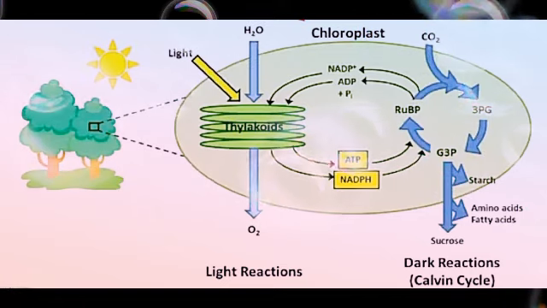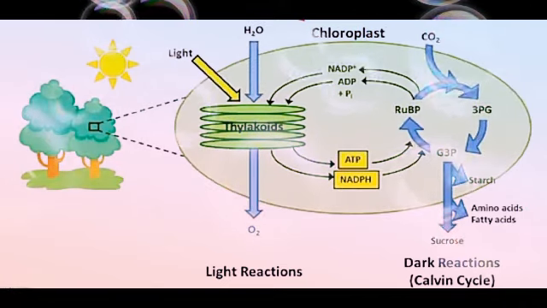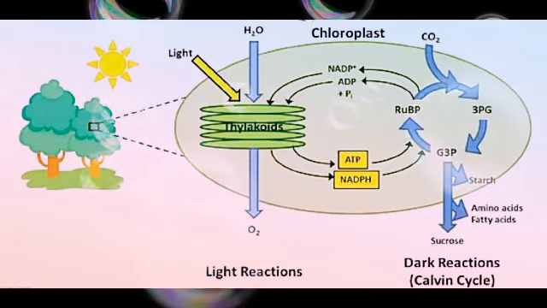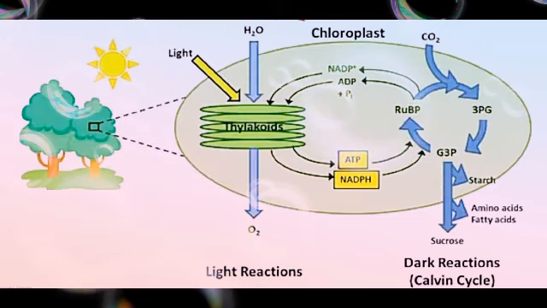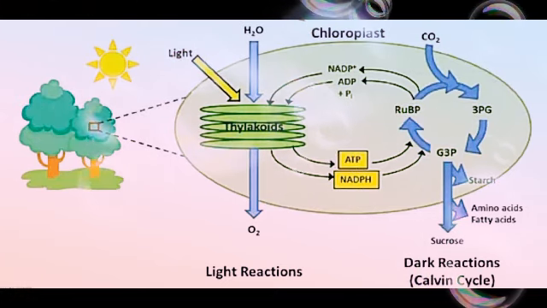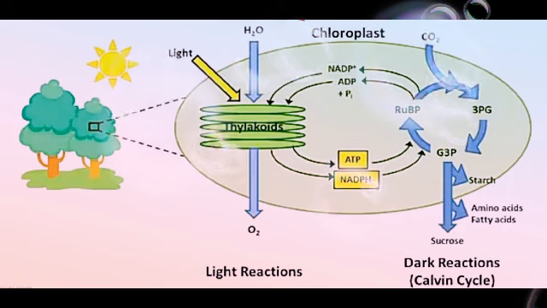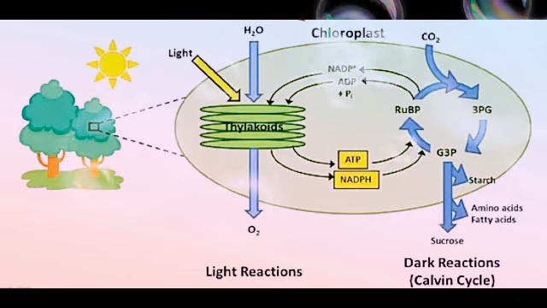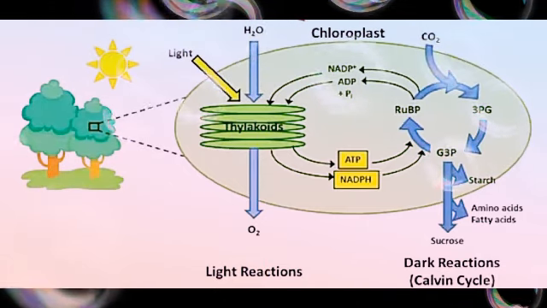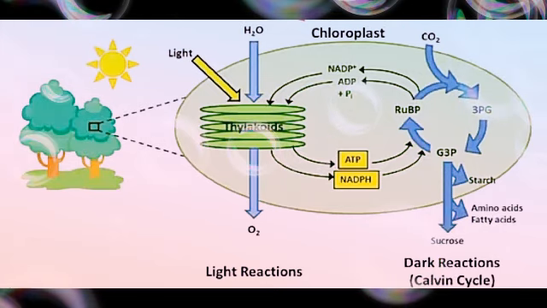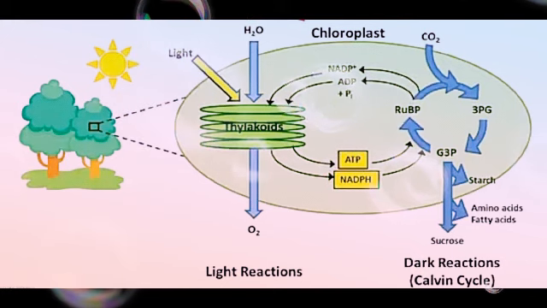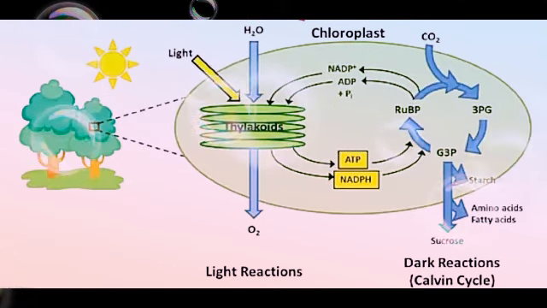Now let us see the light dependent phase. In this phase, the light plays a key role. There are 2 steps in this reaction. The light reaction, the photochemical phase, occurs in mainly 2 steps. Step 1 is the activation of chlorophyll. The chlorophyll which is present in the chloroplast or in the leaves, on exposure to the light energy becomes activated by absorbing the photons. A photon is the smallest unit of light energy, we know that.